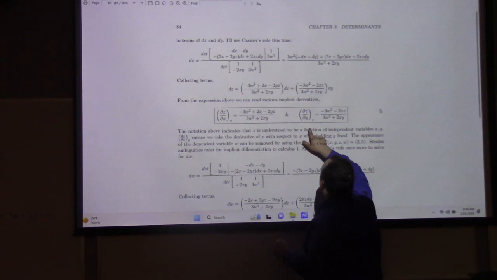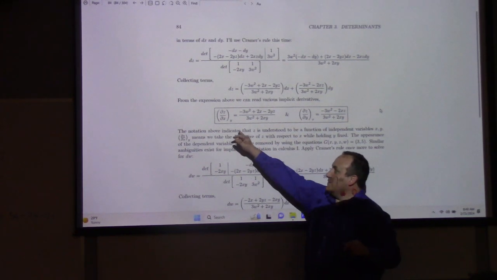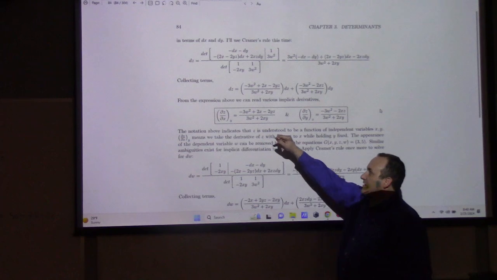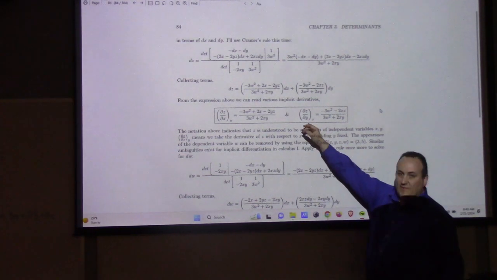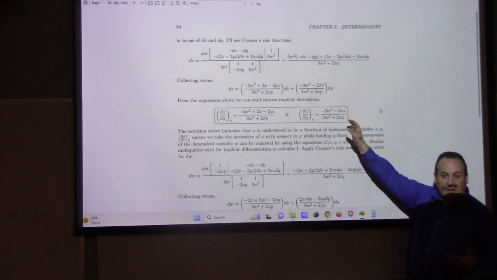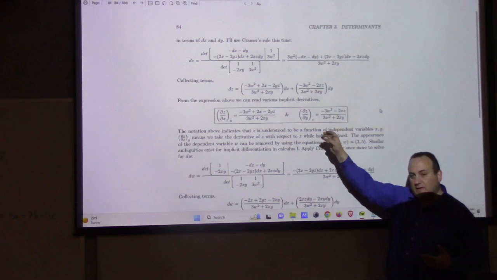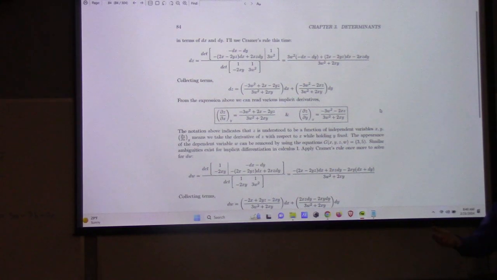x fixed means this little subscript x here tells you that your independent variables are y and x. So when you're taking a partial derivative with respect to x, you make y fixed. When you're taking a partial derivative with respect to y, you make x fixed. This kind of differentiation is necessary, for example, for thermodynamics. When you're calculating partial derivatives in thermodynamics, you have a set of state variables. You might have like 12 state variables, but you might have 4 state variables in a problem. You're going to take 2 of those state variables and write them as functions of the